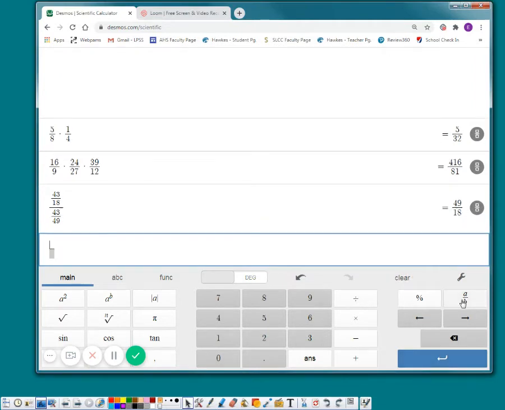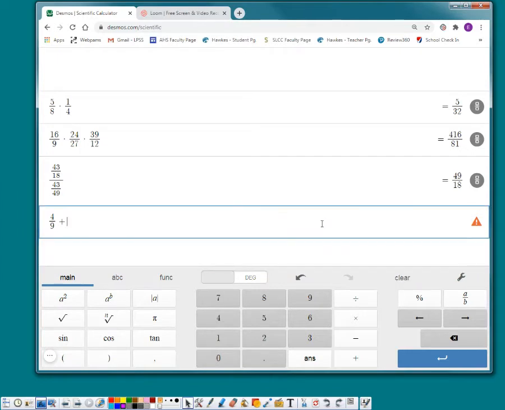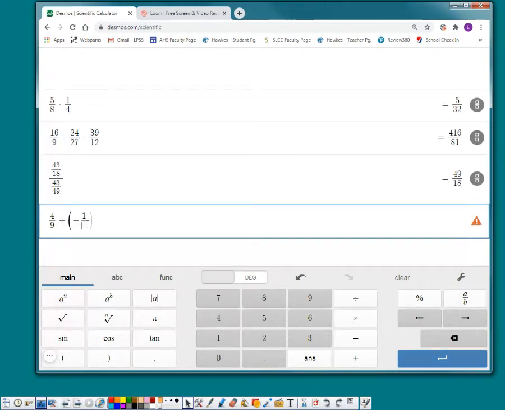All right, we have a fraction, 4 over 9, plus parentheses. So parentheses are over here at the bottom. Whoops, why did it do that? Let's just clear. Go back here, thank you. Parentheses, negative fraction, 1 over 3, close parentheses, plus parentheses again, negative fraction 1 over 5,